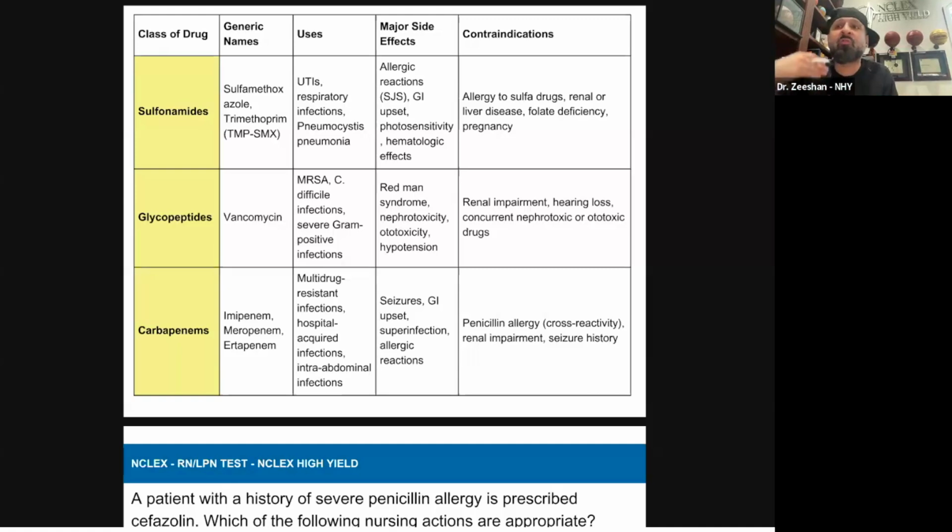That's why we're trying to avoid that. That's why I teach you, try to figure out, is this really a bacterial infection or is this a viral infection? And those that are my students know how to differentiate that by looking at labs. We don't want to over-medicate or build up resistance. So these are the big guns. But we're worried about seizures and superinfection. And again, penicillin allergy in this one as well.